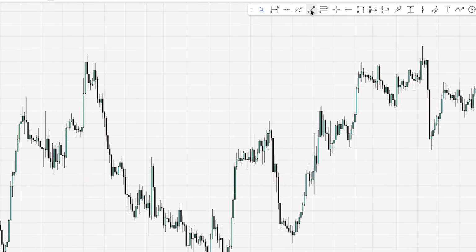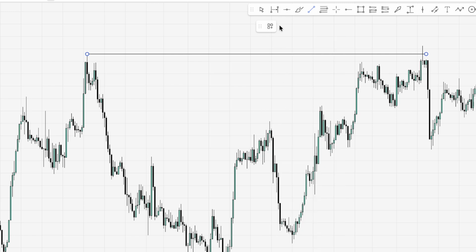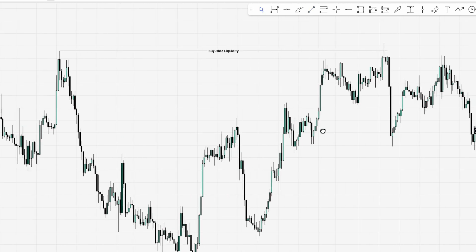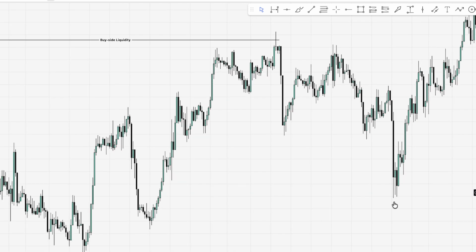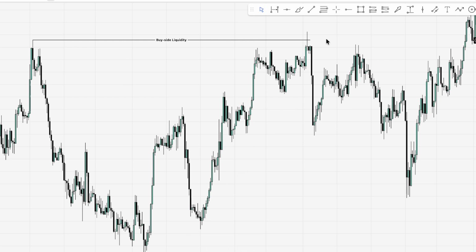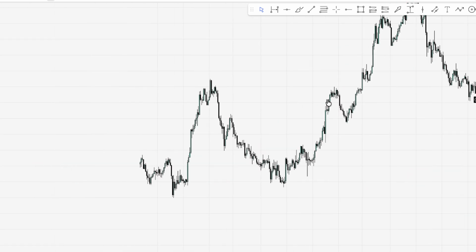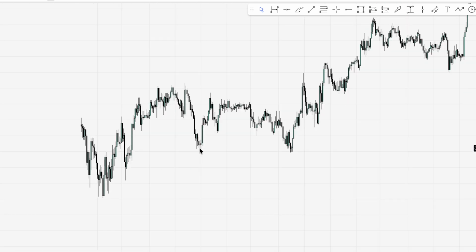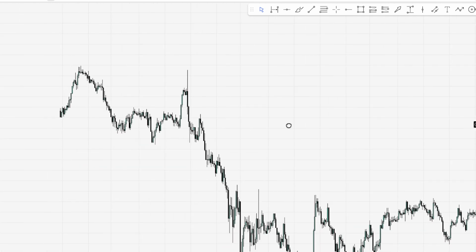Okay, this one. Remember I said they are mostly going to be there for a while before price finally comes to clear them. And if you are framing a model of a reversal strategy or a kind of trend continuation, these are the things you use. It stayed for a while, price came right above it, and we had a short time change in the direction of this entire range or trend, and it came down to this area. You're going to see it like that most of the time. When you see an area stayed for a while, it will take a while before you see price come and clear that external range liquidity before it continues